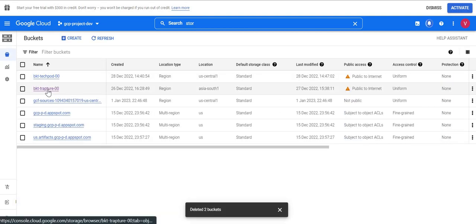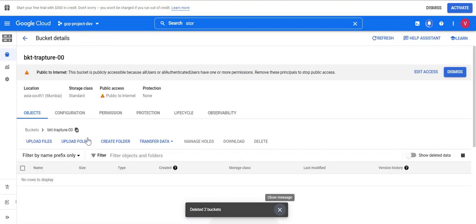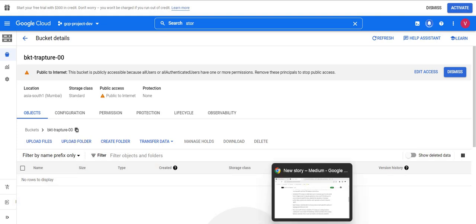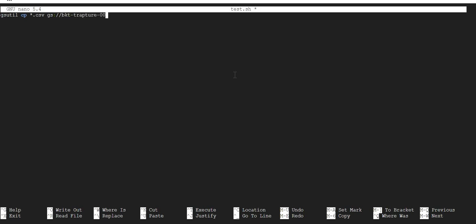Okay, I'll take this empty bucket. I know this one is empty, so I will take this bucket name and copy it here. Once this backup is completed, I want to publish a message